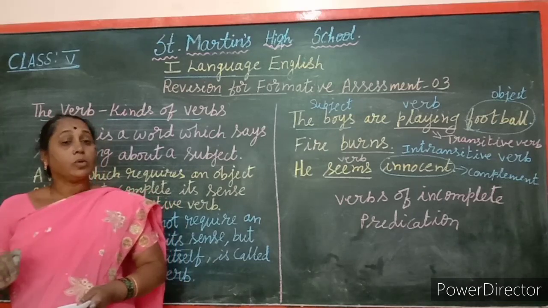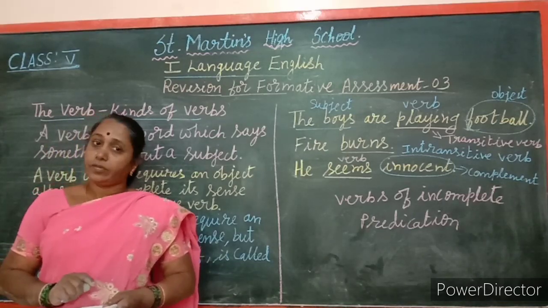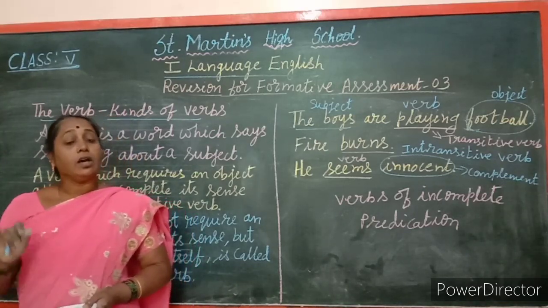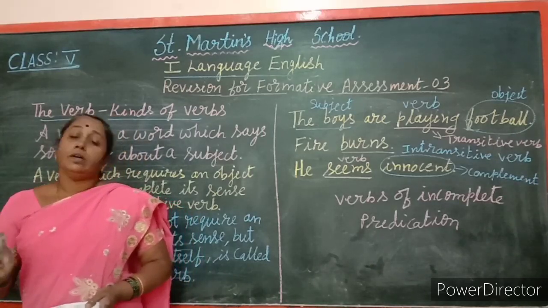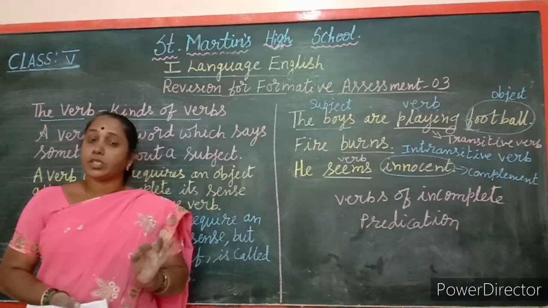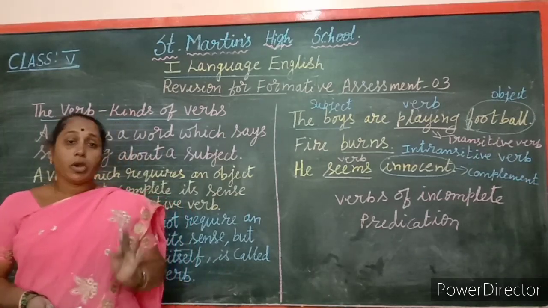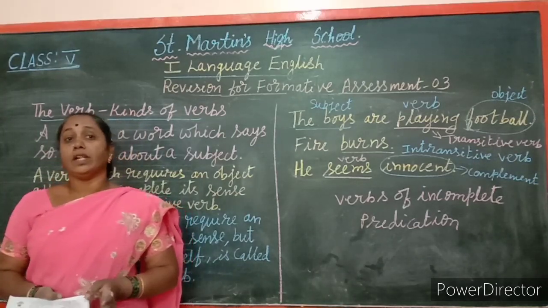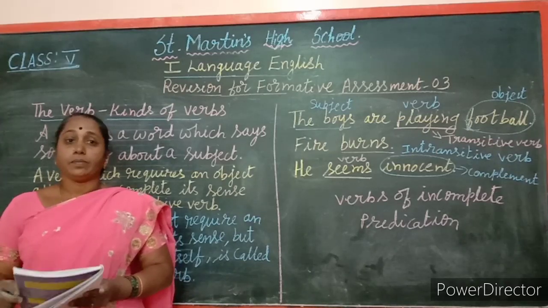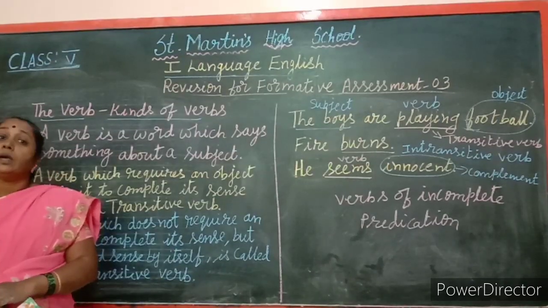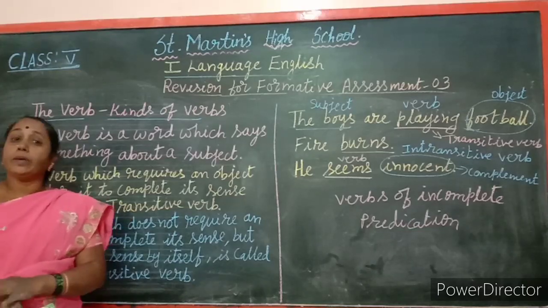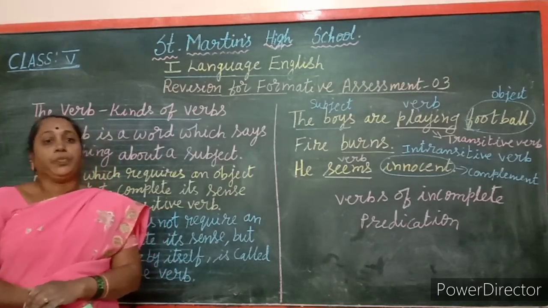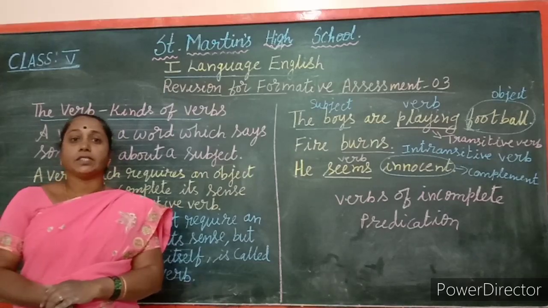Children, you have to practice well for your FA3. You have to refer to your classwork and grammar textbook, even your textbook also, English reader also. All these 3 books you have to refer and practice well for your FA3. Prepare well for your test, children. You have to memorize the poem The Kitten at Play also. Let us meet in the next class. Thank you.